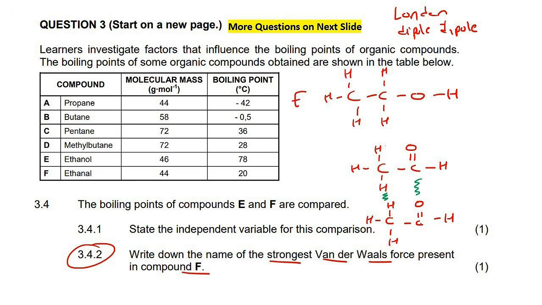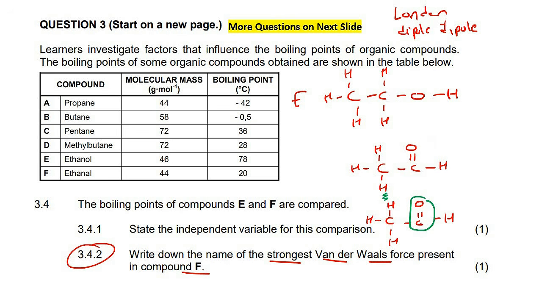Okay, so we know that an area like this, which is just carbon and hydrogen, that's typically just your London forces, like the forces we had between propane molecules, for example. That's just your London forces, because the carbon-hydrogen area is non-polar. However, we've got this area here, for example, this area over here. If you look at your table of electronegativities, you'll see that oxygen and carbon have differing electronegativities, and so what that does is it